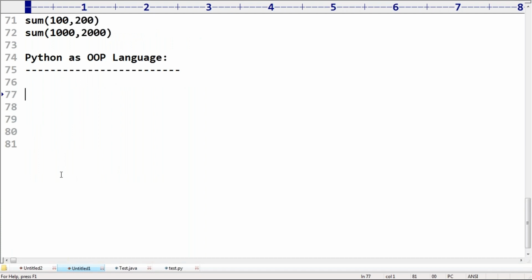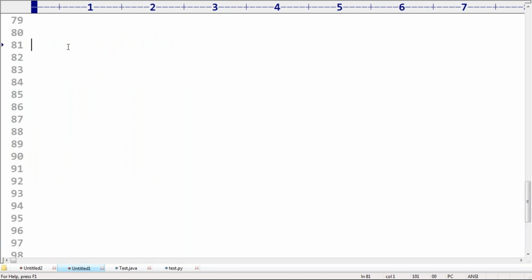Can you please tell who developed Python? I already discussed it in the last session. Who developed Python? The person is Guido van Rossum, the father of Python. Remember that. What is the official date of birth for Python?